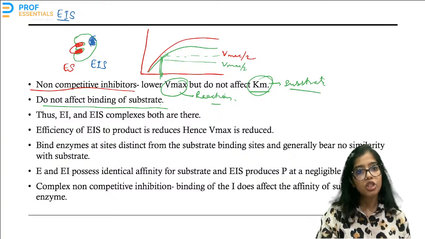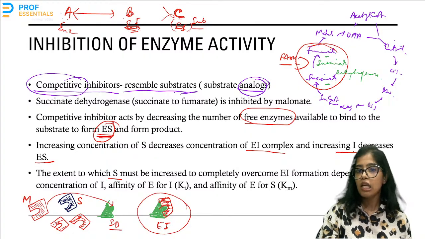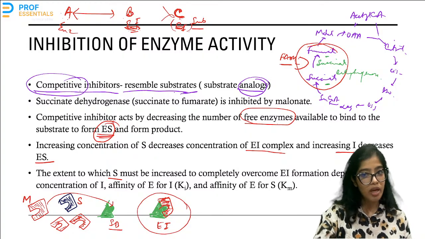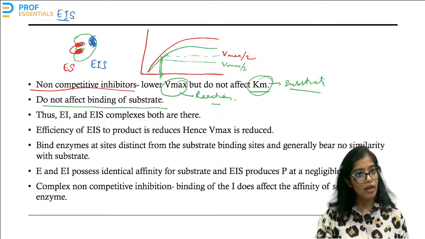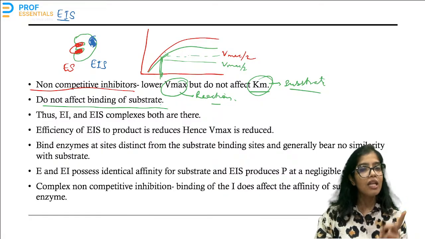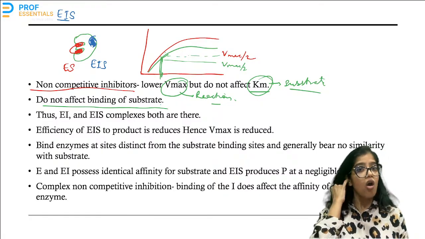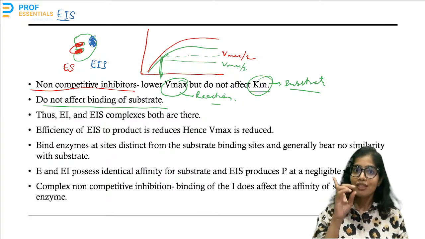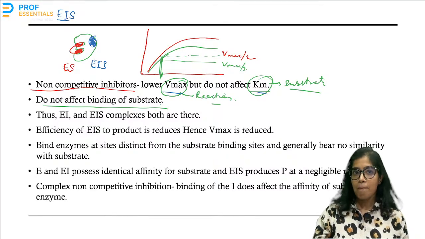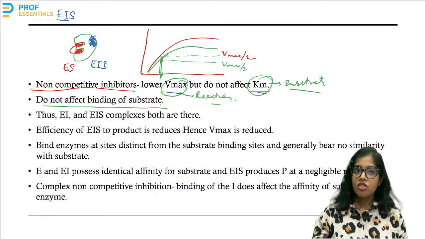Whereas in competitive inhibition, if EI is formed, then S cannot get attached here because the active site is occupied. The enzyme is not free. Here, the inhibitor is not attaching at the active site, rather it is attaching at another site and inhibiting it. So the active site is free for the substrate to bind. So substrate can even bind to an enzyme-inhibitor complex in simple non-competitive inhibition. All the properties of the substrate are the same, whereas the property of the reaction is affected. That is, Vmax is lowered, but Km is the same. Okay, the efficiency of this complex is reduced.